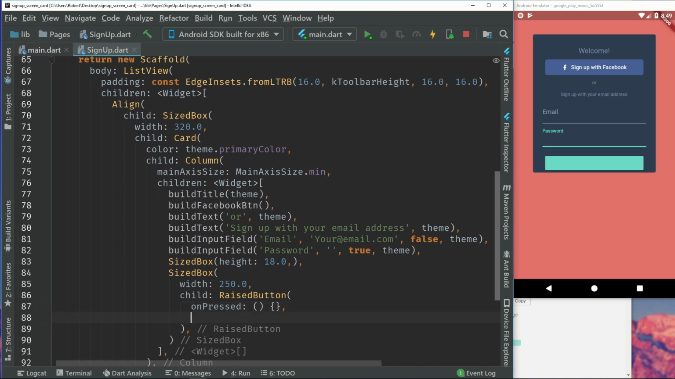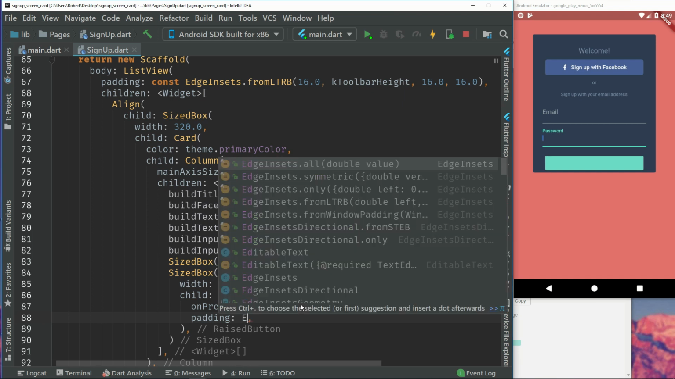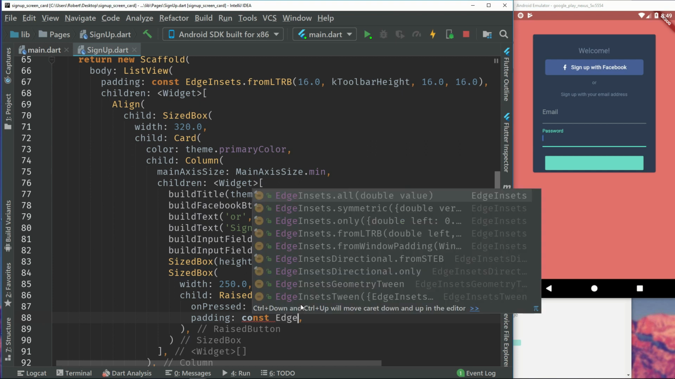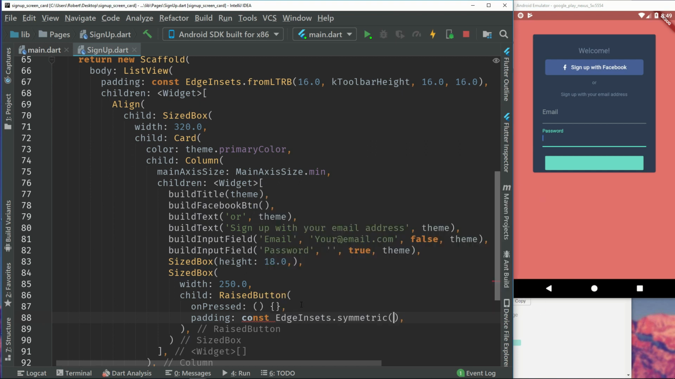Let's just do the same as before. We will add some padding to the top or bottom, so we can have a bit more height to the button. It will be an EdgeInsets.symmetric, and we'll set it to a vertical of 12. And the color,